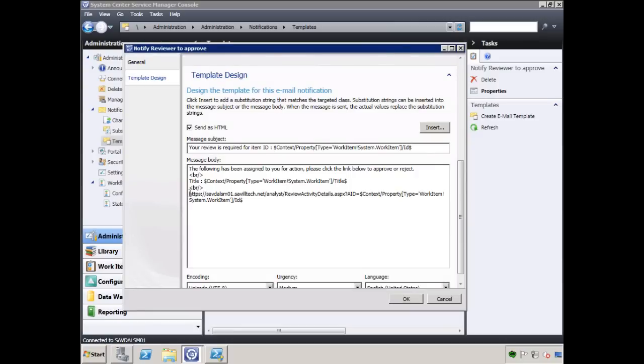But if we change it to, let's say, link, because this is HTML, if we say a href equals, that's now put in as an actual link,